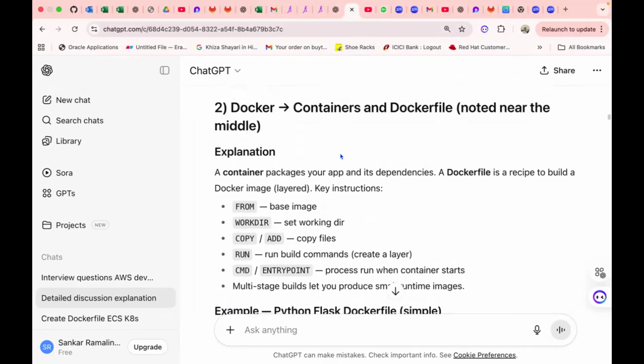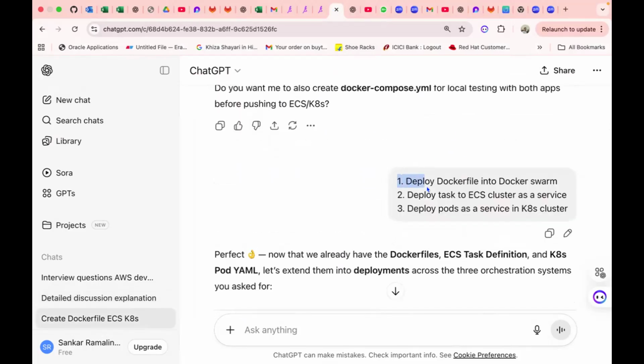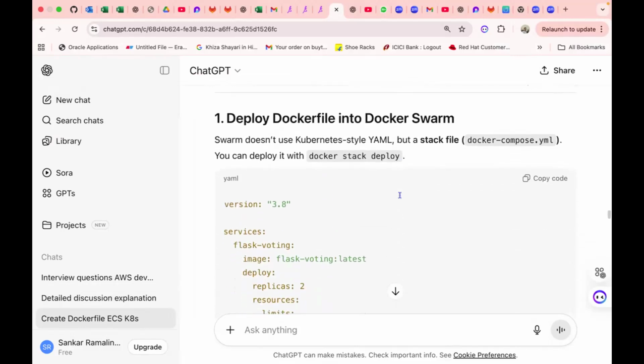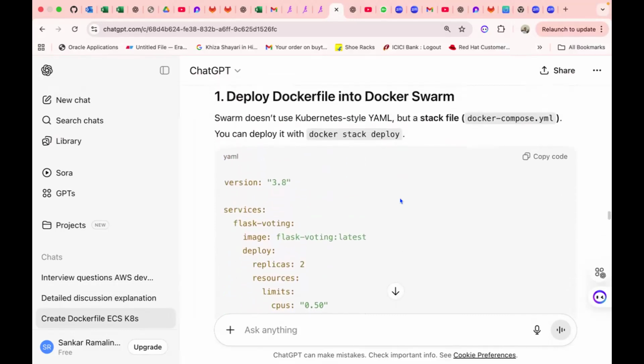you try to compare with the Dockerfile and then how to deploy a task, how to deploy a pod. Then it has to be practical stuff that you need to do. That will be deploying a Dockerfile as a Docker Swarm and then creating a task and deploying a task in an ECS cluster. Similarly, on the Kubernetes cluster, a pod. So if you look here, there is a different command if you have a Docker Swarm. So you need to get your EC2 instance created. So the task will be